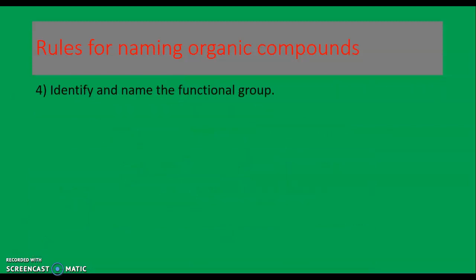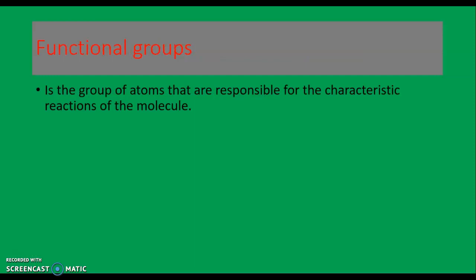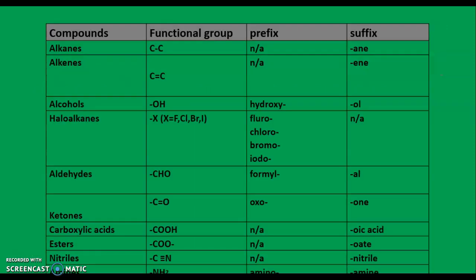If your compound has a functional group, you've got to identify and name the functional group. Functional groups are a group of atoms that are responsible for the characteristic reactions of a molecule. These are some functional groups that you will have to memorize, but don't worry, you can learn them as you go along your syllabus. So when you study alkanes, you would know that the ending is always with the